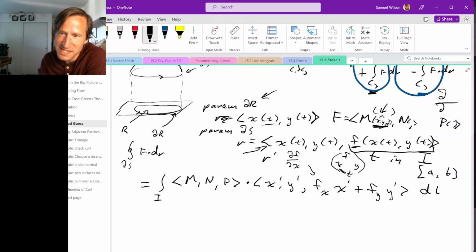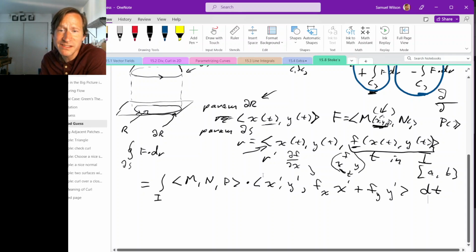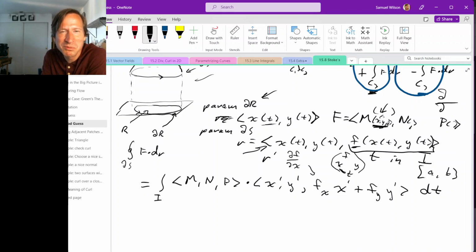Okay, all of that dt. So this is our line integral. Now we could leave this how it is, but this diagram probably makes you think, why don't we rewrite things in terms of what's happening in the xy plane, because then maybe we could use Green's theorem. Well, that's a good idea, but to do that, we can't leave this the way it is, because right now